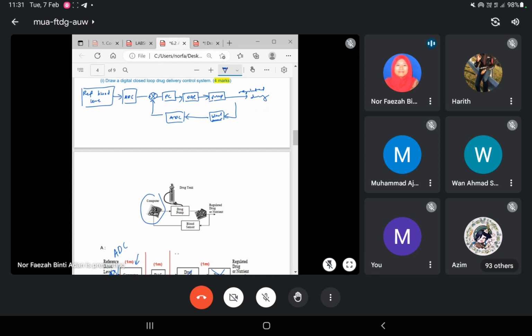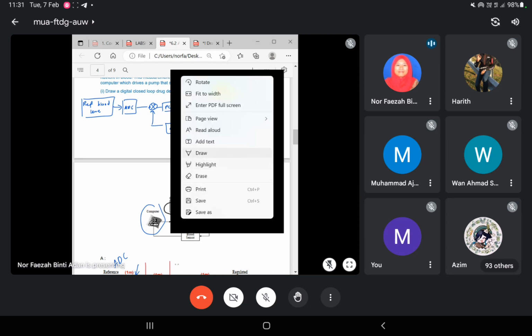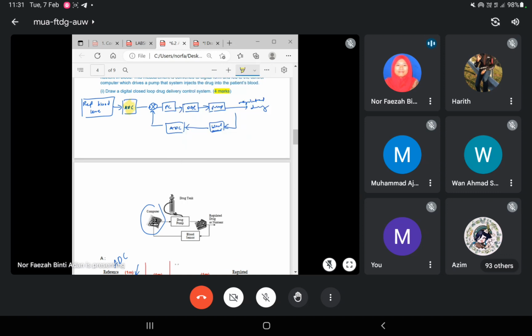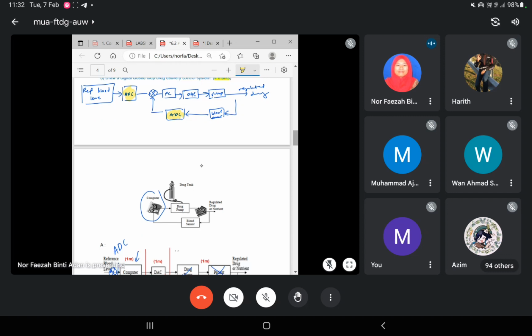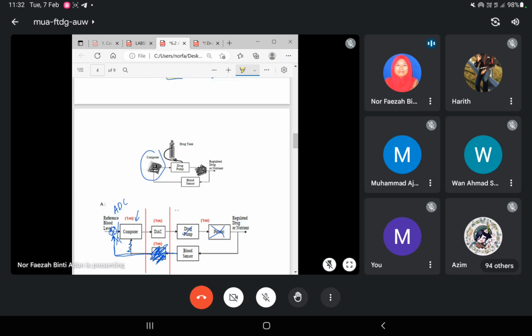Okay, so you ada two ADC here at the input because your input is measured by an analog sensor, and then you ada ADC after your blood sensor, also in analog signal, so you have to convert it into digital before it goes to your PC. So after the PC, kena convert balik to DAC lah, convert back to analog so that your pump can get the correct analog signal for it to operate. Okay, one way to draw it is like this. Second way to draw it is